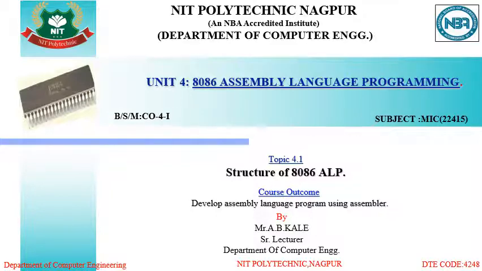So from today we are going to start our fourth unit, that is 8086 assembly language programming. This is the most important unit in the total syllabus, in which we have to write the assembly language programs for the different problem statements specified. So using different assembly language instructions which we studied in the third unit, we have to write our assembly language programs. So we will start our fourth unit.